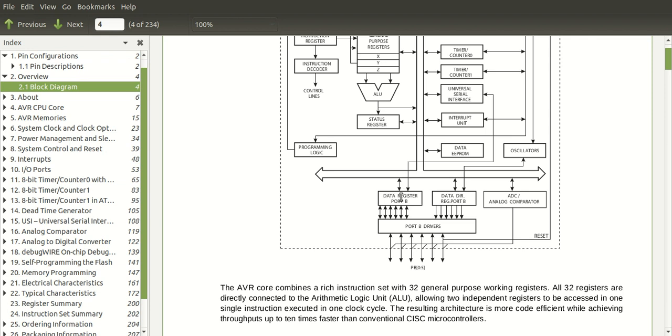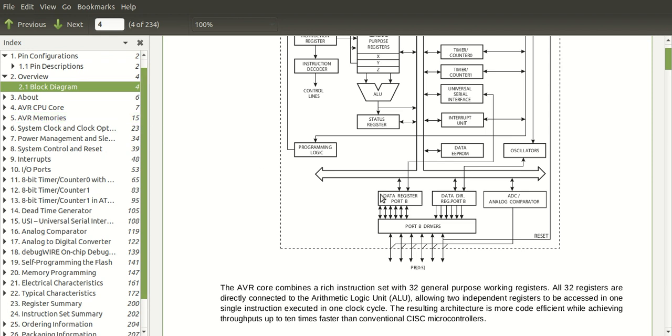Okay, so now the next thing we have to do is we need to look at these two registers, the data register of port B and the data direction register of port B. We need to use these two registers if you are going to program it as an output. What we are going to do is we are going to connect an LED to one of the pins of port B. You can choose any pin you want. We are going to connect an LED and we are going to make it change state between high and low. So if the lines connected to port B swings between high and low, the LED will turn on and turn off. That's what we are going to do now.